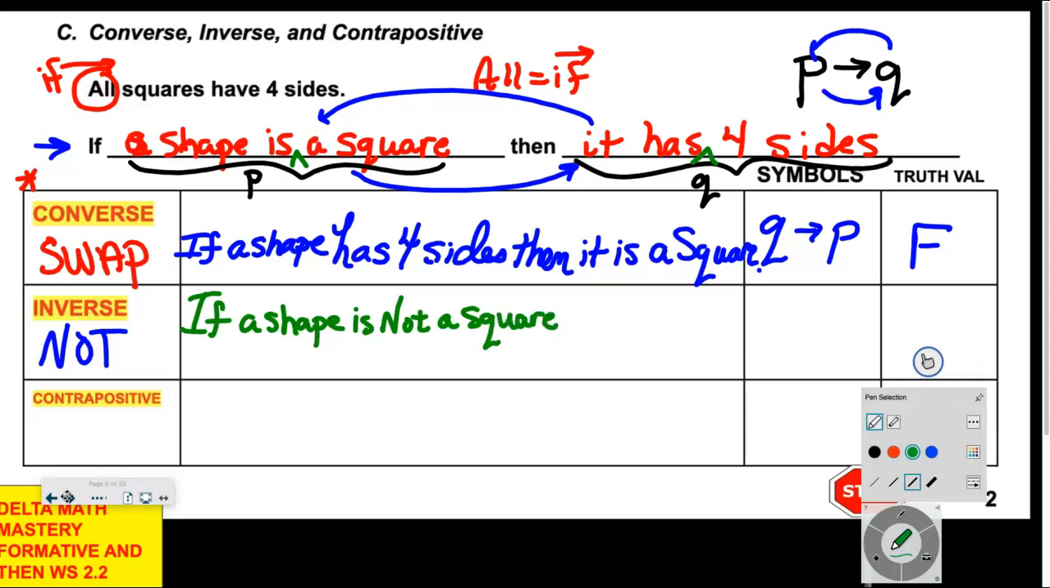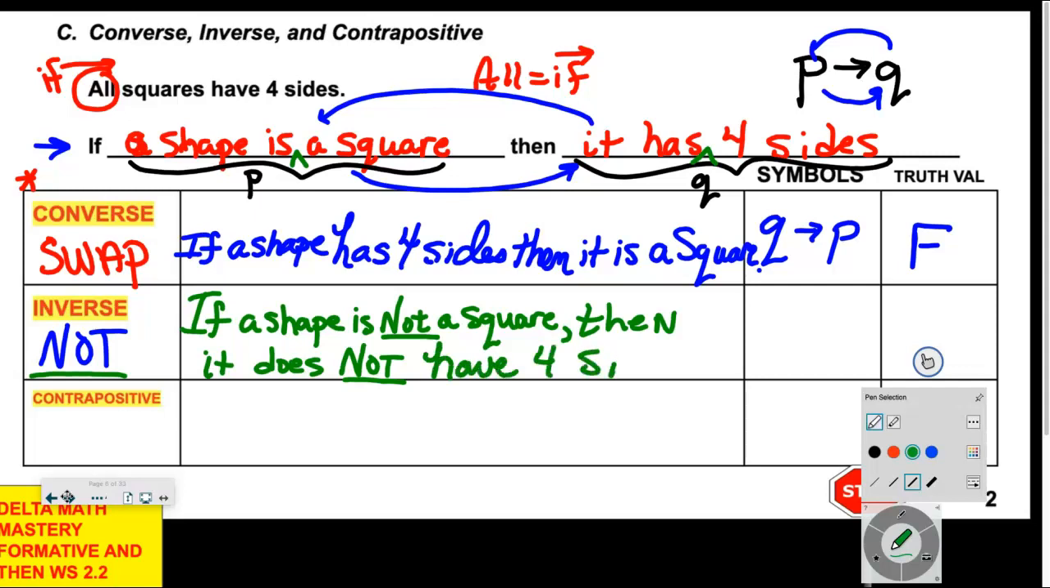Notice I kept it in the same order. I didn't swap it. I just knotted it, or negated it. If a shape is not a square, then, and now I have to negate the other side, then it doesn't have 4 sides. Or does not, so let's underline that word, that's why I call it the notter. Okay? If a shape is not a square, then it does not have